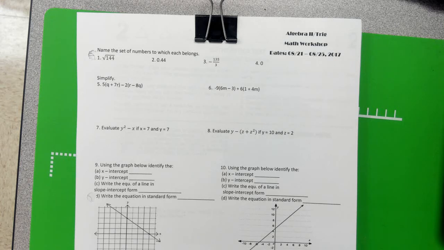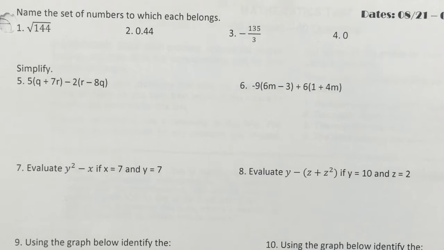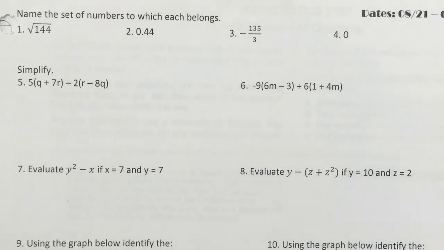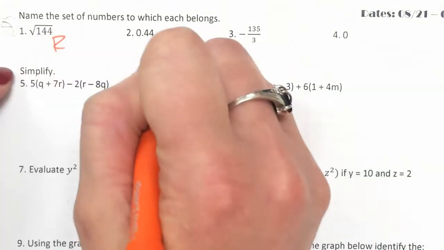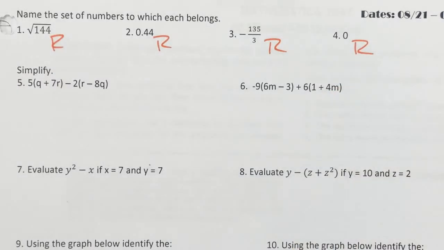So the very first thing that we do for all 4 of these to classify them, what do we call them all, first of all? Real numbers. So you're going to put what next to all 4 of them? There you go. So go through and put an R about all 4. And then,